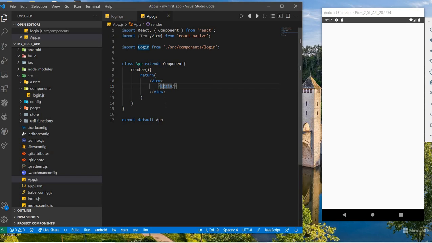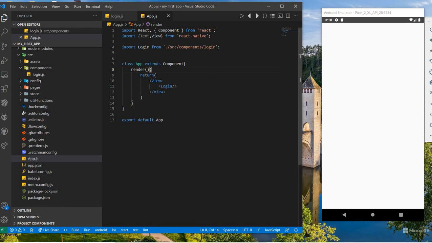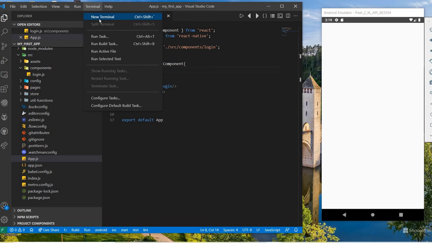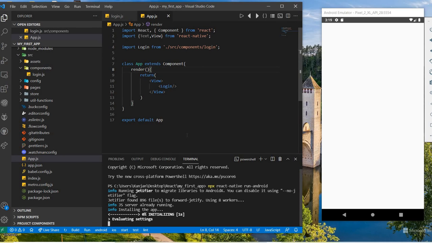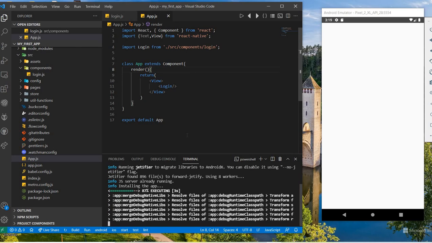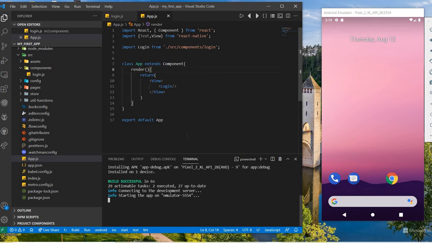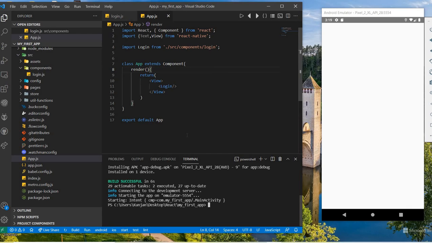So now open the terminal and let's run the application. Yeah, here you can see the login screen is here.